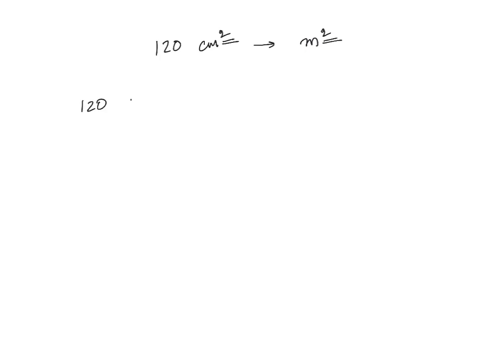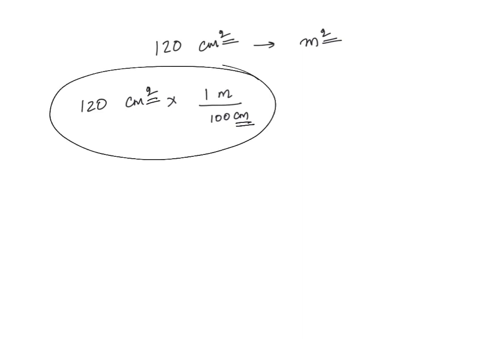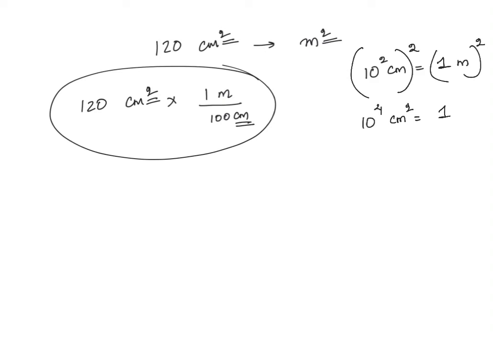So 120 centimeters square is an area, so you have to say 100 centimeter is 1 meter, but this is not good enough because you cannot cancel centimeter with centimeter square. So what you have to do is, prior to doing this step, you have to do another step. 10 raised to 2 centimeter is 1 meter. Square this, right? So 10 raised to 4 centimeter square is 1 meter square,